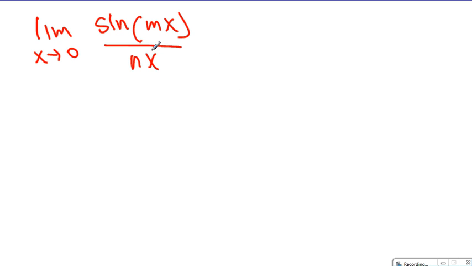Once again, this m cannot go in and out of the sine function quite easily, but n is relatively flexible. So what we can do is multiply the bottom by m to match mx. That means we're going to multiply the top by m also. So this now simplifies into the limit of m times sine of